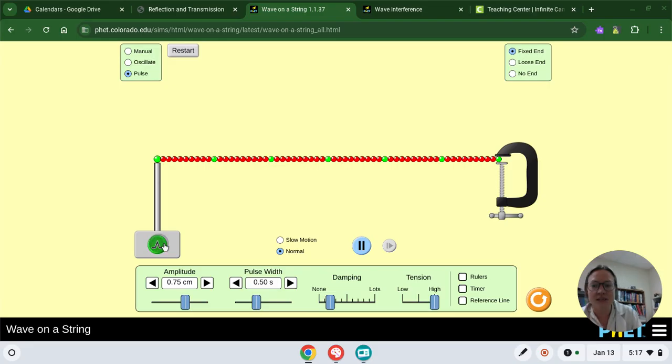When we send this little wave pulse through, you can see here, and I'm going to change our settings a little bit so that you can see this just a little bit. Let's increase our amplitude. You can see that the wave hits here and then reflects back the other way. Check it out. Notice, every time that the wave reflects back the other way from a fixed end,